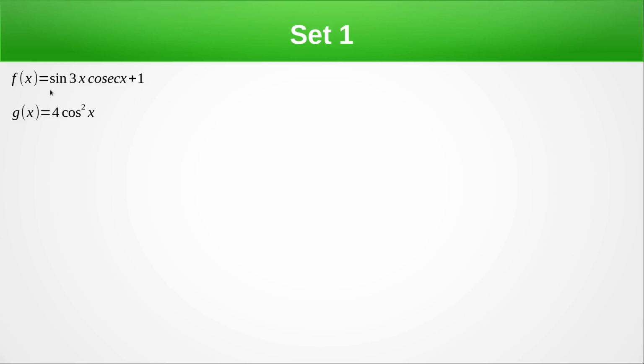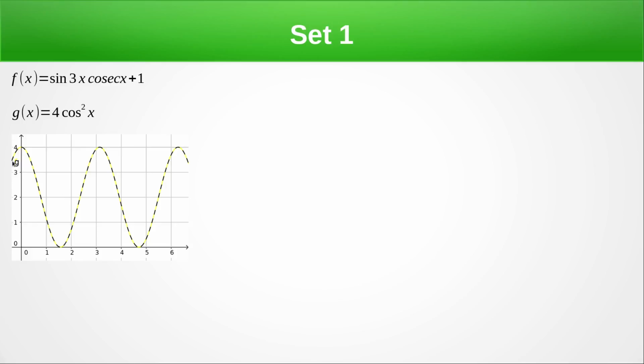We have this function sine 3x cosec x plus 1 and the one of 4 cos squared x. So the first thing we should do in all these sorts of problems is draw the graph of each function. Here I've got one of them in yellow and one in dashed black. As you can see, they appear to be the same. So I'm going to prove this by changing one of these equations, in this case f of x, into the other. And it's always important that you state how you're going to try and prove what it is that you're claiming about your graph. Now the reason I'm going to change f of x to g of x is because